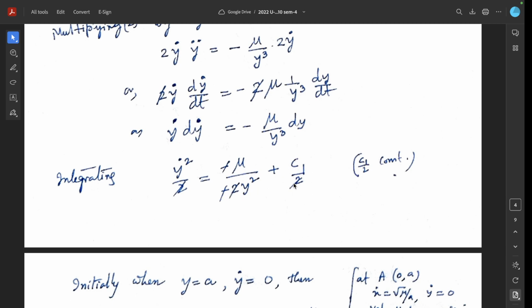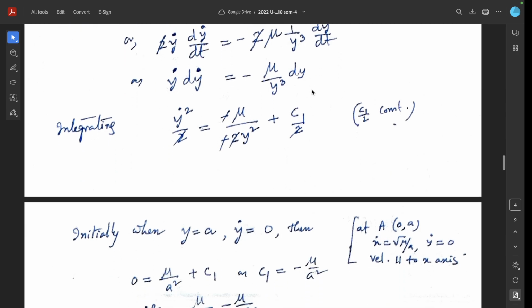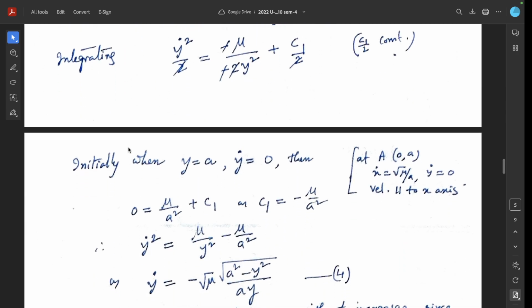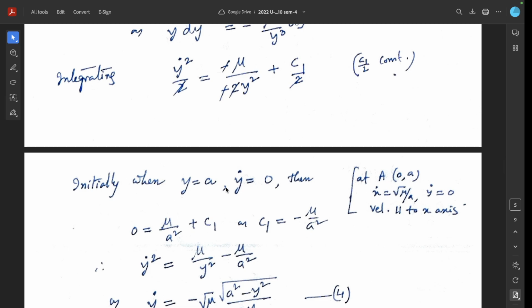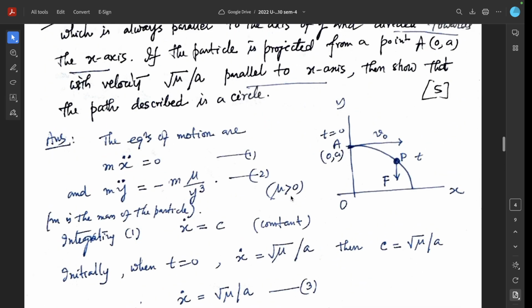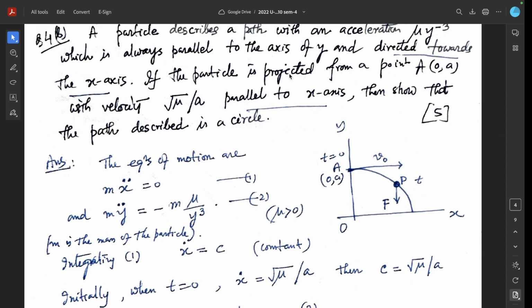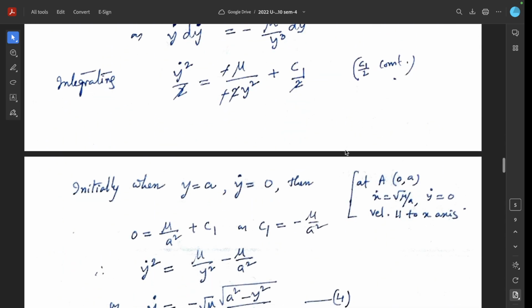for adjusting the constants. So c1 by 2 is the integrating constant. Initially when y equal to a, y dot equal to 0. Initially, when y equal to a, and this coordinate x equal to 0, y equal to a, and y dot equal to 0, because the initial velocity is parallel to the x-axis. The particle is projected from this point with velocity parallel to the x-axis only, so there is no component along the y-axis. So y dot equal to 0 here, and putting y dot equal to 0 and y equal to a,